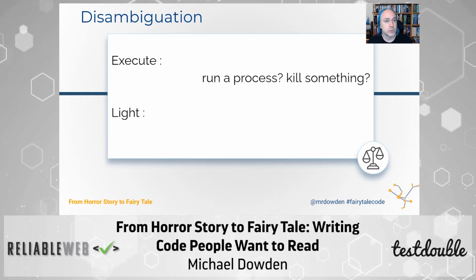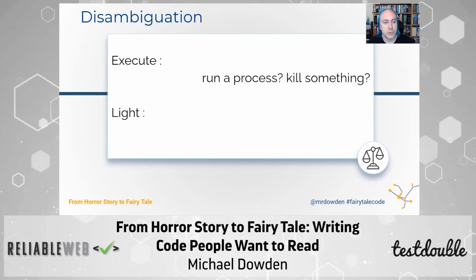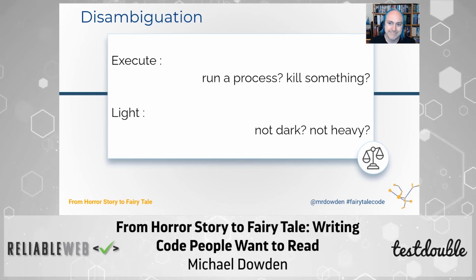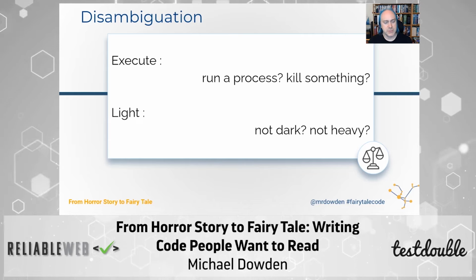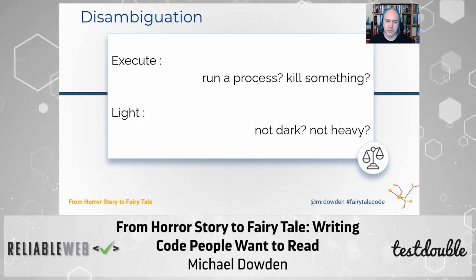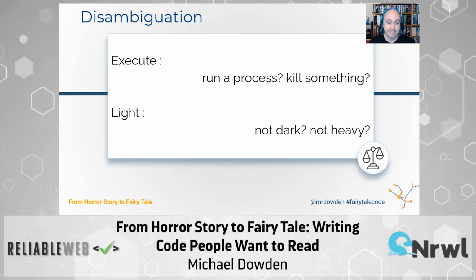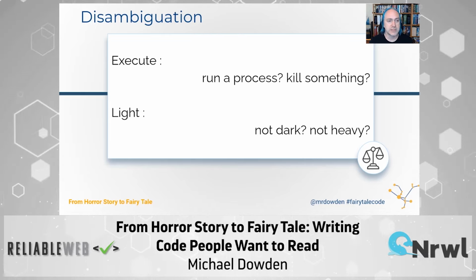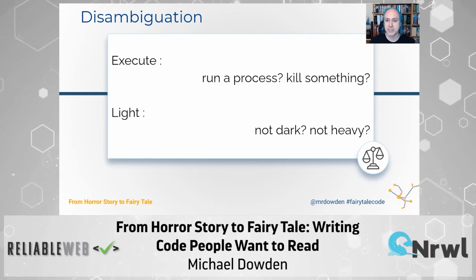Light. Well, light's pretty straightforward. It's a ray of light, or it is the light that allows us to see, or perhaps it means not heavy. So this is a case where, in the right context, it'd be totally fine to talk about light as in not dark, but we need to be really careful if we're in a warehouse application and we're talking about the weight of things, right? So we would perhaps want to use the word brightness or luminosity versus weight, for example, if we have both of those things in the context of our application.